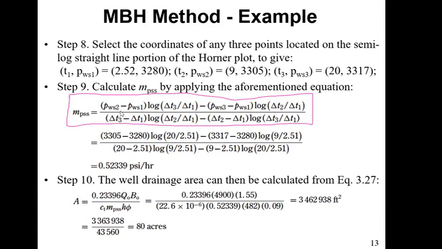Substituting into this formula gives 0.5233 psi per hour. And this can now be substituted into the formula for obtaining well drainage area. And you see that the other parameters are given in the question. So it's just the m_pss that is obtained. And this gives